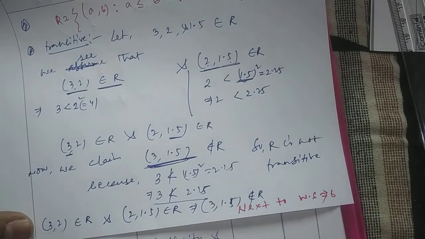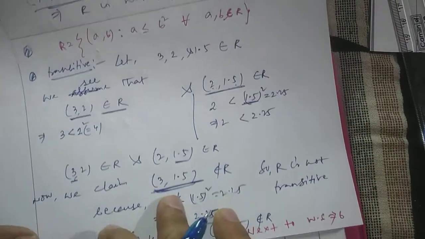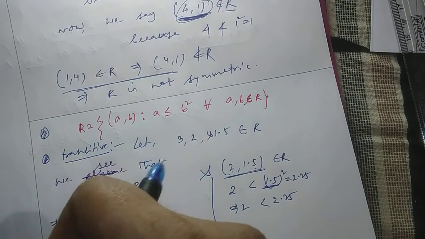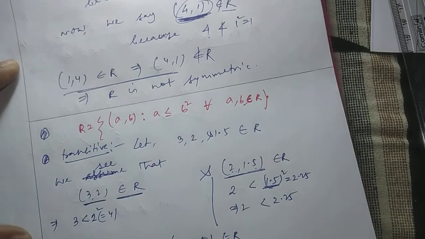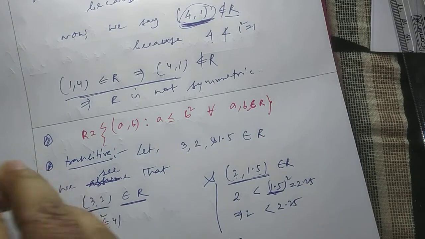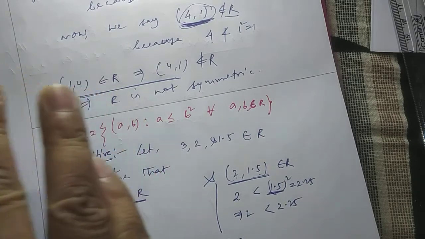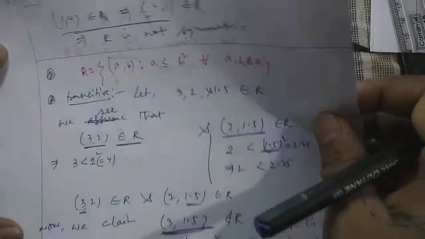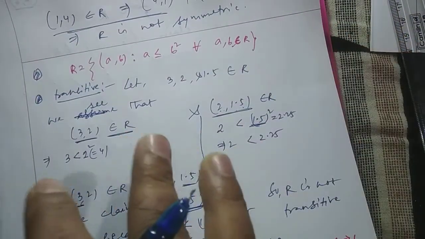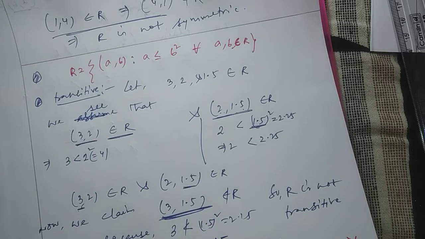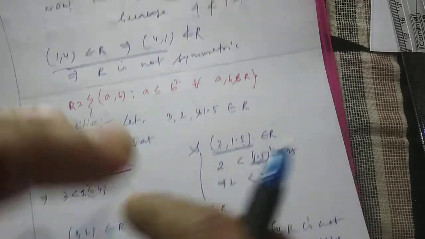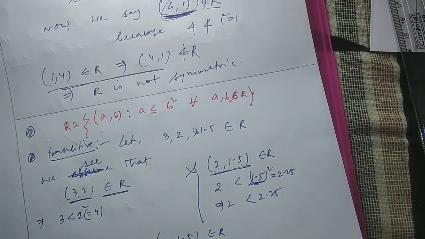Understood or not? So it is another example where it is not reflexive, not transitive and not symmetric. So already we have proved that this relation is neither reflexive nor symmetric nor transitive. Understood? And also here we have proved these questions only by taking examples, not in the general case like the previous questions. That's why I told you this type of questions are very important to remember.